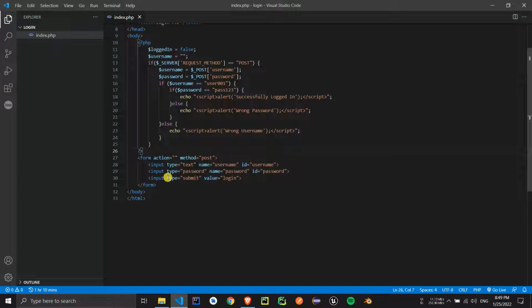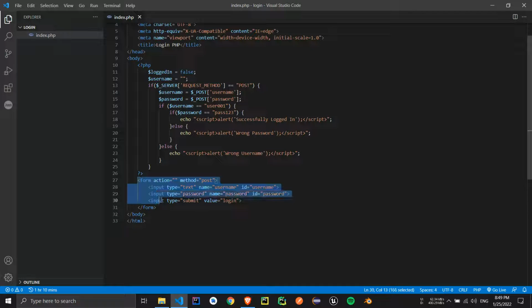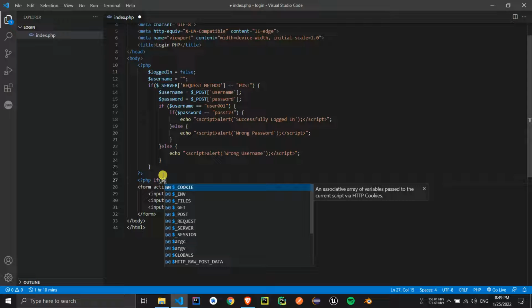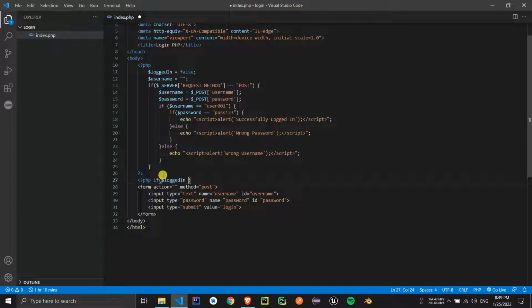Okay, now we have to make sure that if the user is logged in, then we disable or hide this form and only show the welcome message with their respective username. To do this, we will make use of this loggedin variable. Let's create an if statement here. If loggedin is false, then this part will get executed,